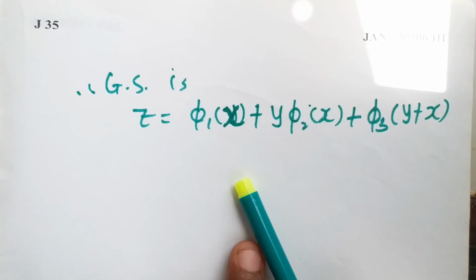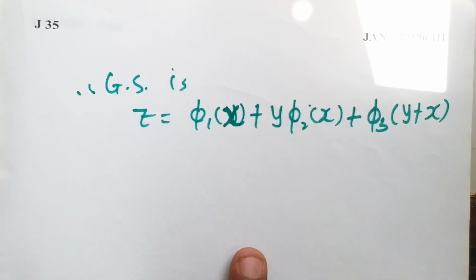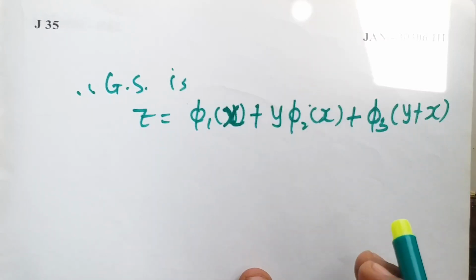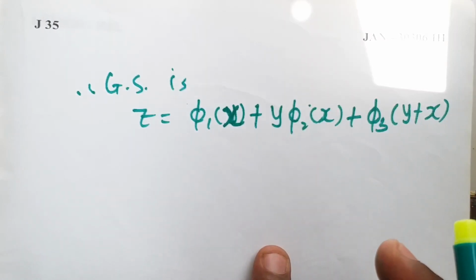So I hope you have understood this discussion. 4 problems remain, you try to complete them at home. In the coming lecture we'll solve examples of partial differential equations where we'll have a non-zero right hand side. That is, there we need to calculate the CF as well as the PI. Thank you.